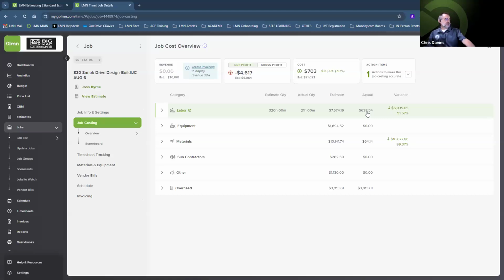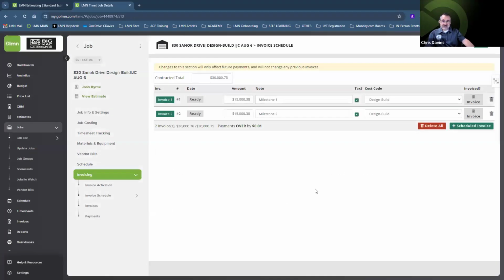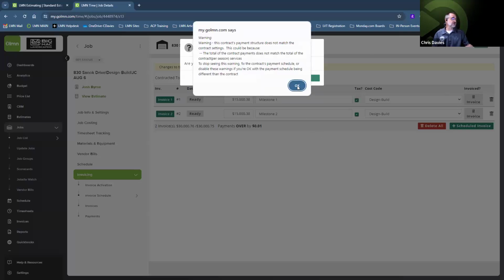Now, if you want to do that last step when it comes to getting some revenue information, you can go into your invoicing, go down into your invoice schedule. And for instance, if I wanted to take this $15,000 invoice and create an invoice for this, right, according to my action items, I needed to update my wage costs and I needed to create an actual invoice. So if I create an invoice for this job and click on OK,